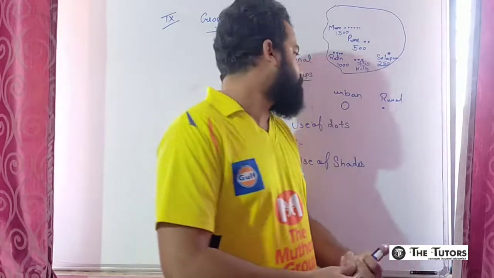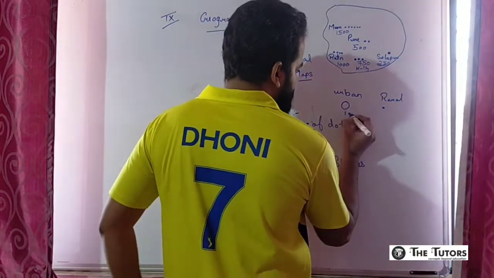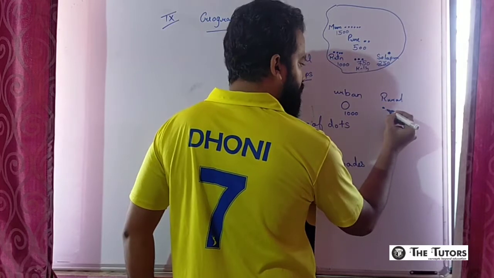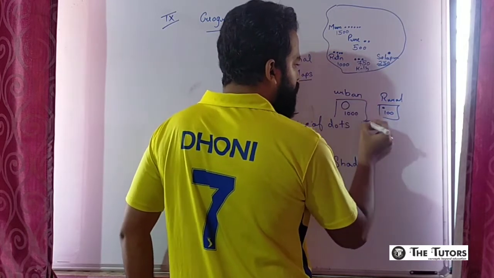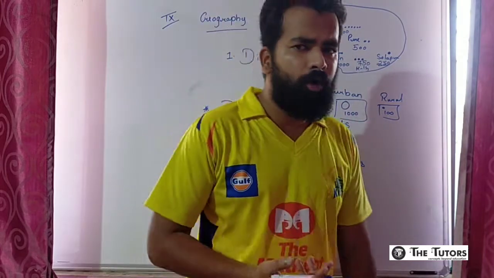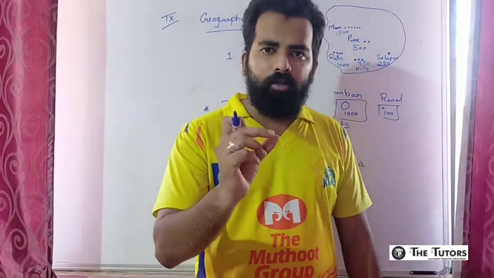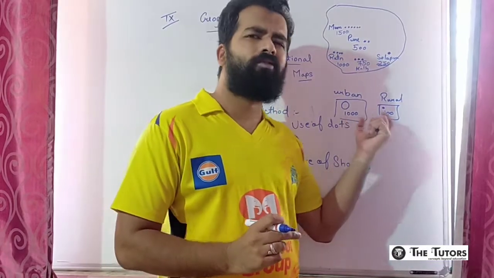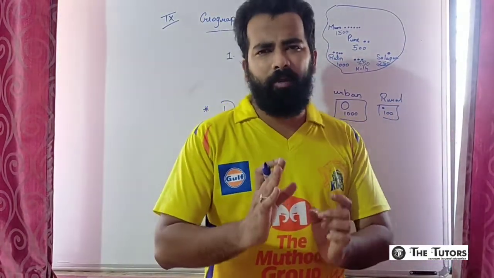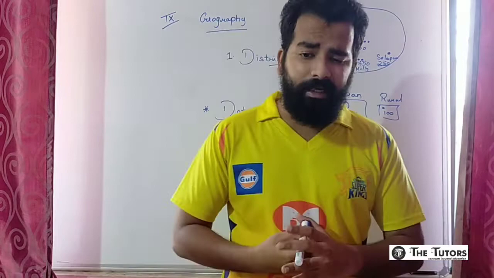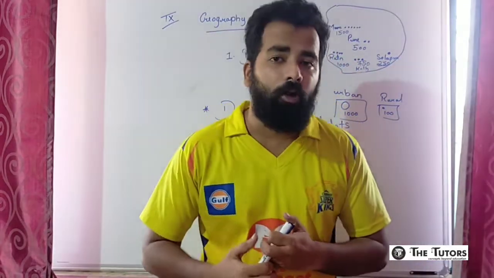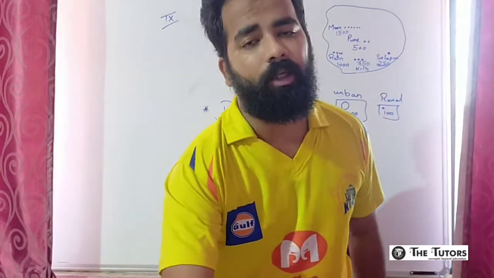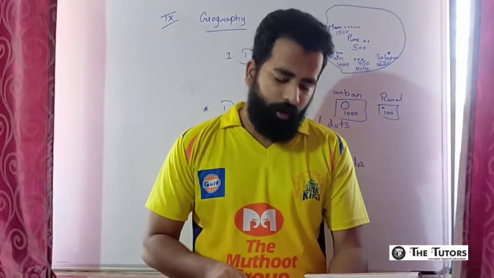Okay. This particular circle comprises of 1000 people. This particular dot can comprise of 100 people. Because there is less population in rural area, you can make use of small dots or larger dots, but you cannot make use of circle in small density population. Okay. If the population is more, if the value of anything is more, then you can make use of circle instead of dots as a substitute of dot in that particular diagram. Okay. I hope people have understood what is dot method.